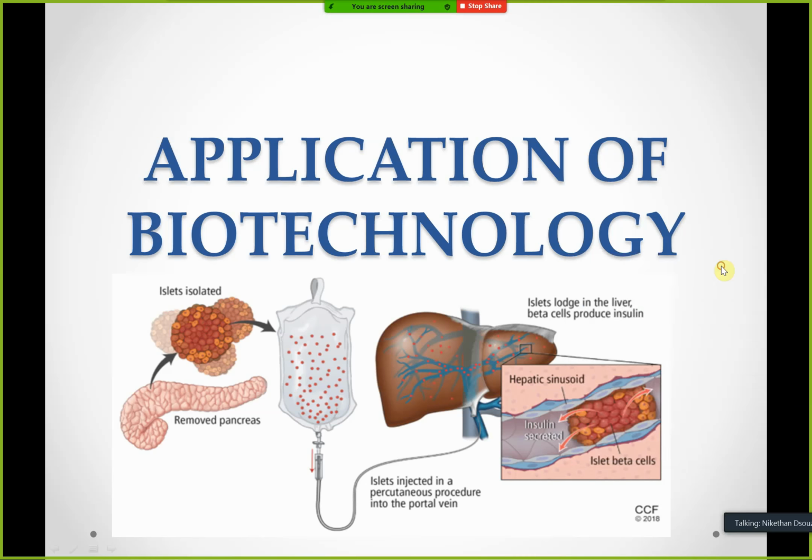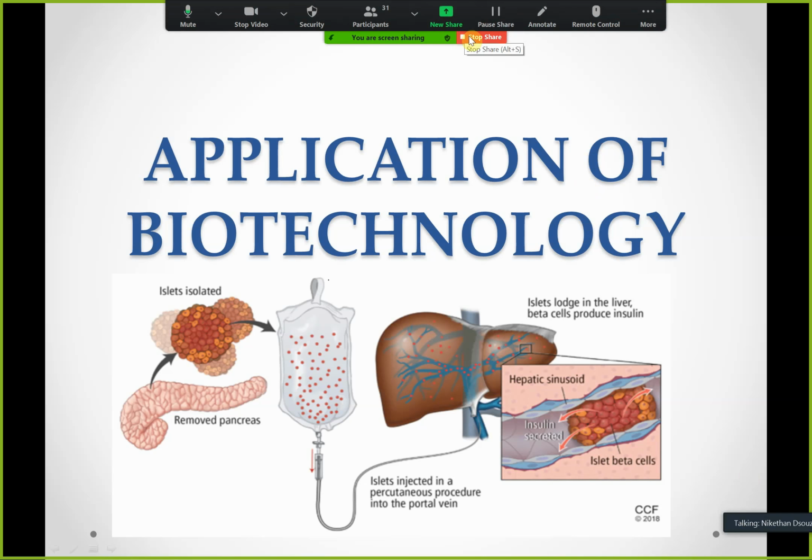Say enzymes like restriction endonuclease, ligases, or RNA polymerase, or DNA polymerase 1, DNA polymerase 2. We use these things as tools, and we use these tools to manufacture some of the genetically engineered items. Here in the principles we are purely dealing with